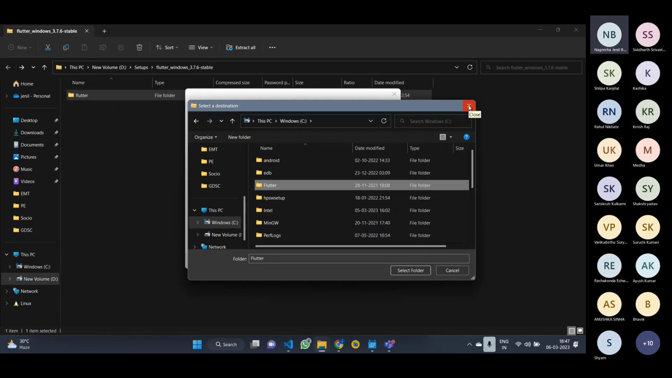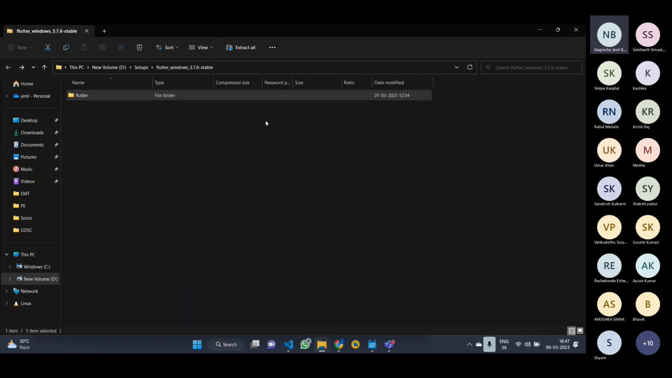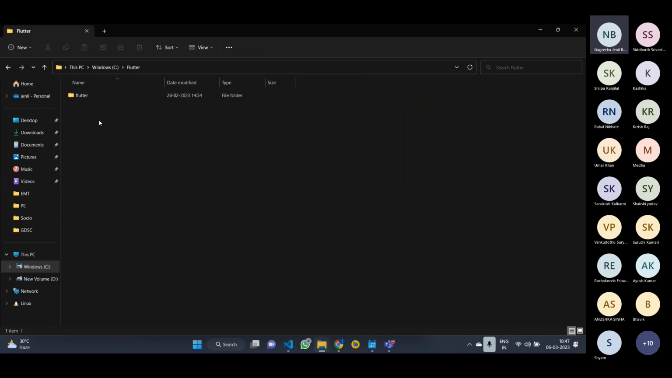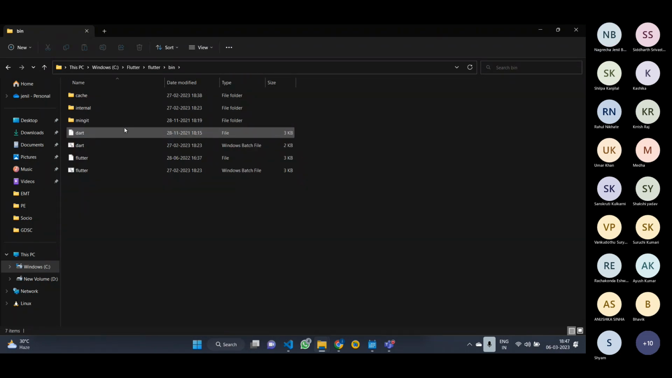So just do it, and after the extraction is done, you would get something like this: Flutter, and inside this there will be a Flutter folder, and inside that there would be a bin folder. So open that bin folder and copy the path. This path is basically the path which would lead you to the bin folder, and what you have to do is